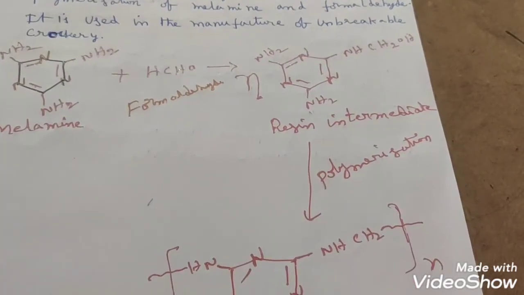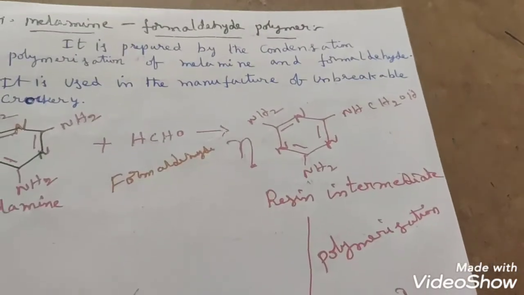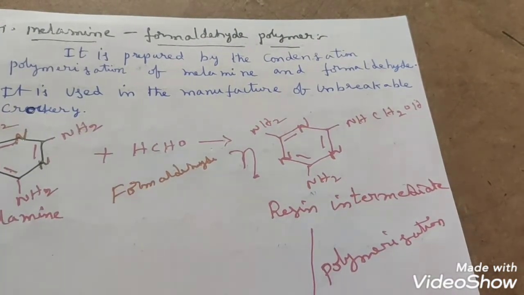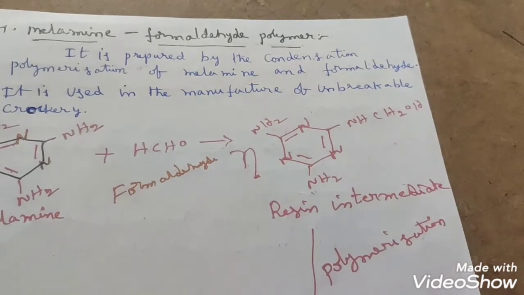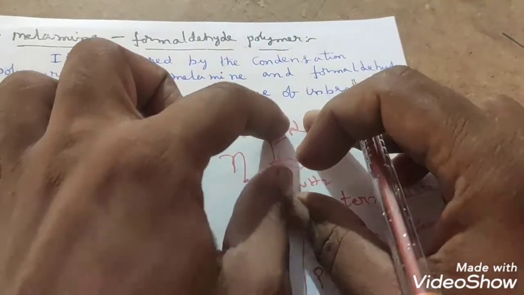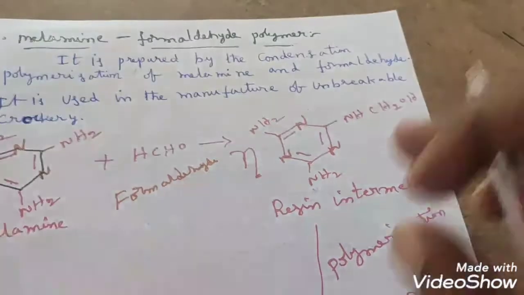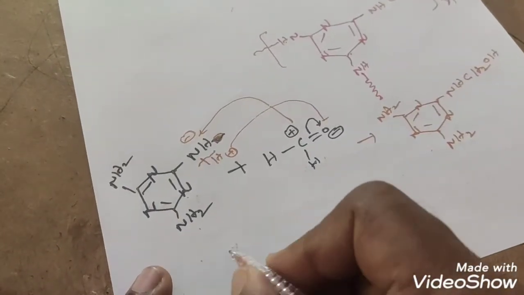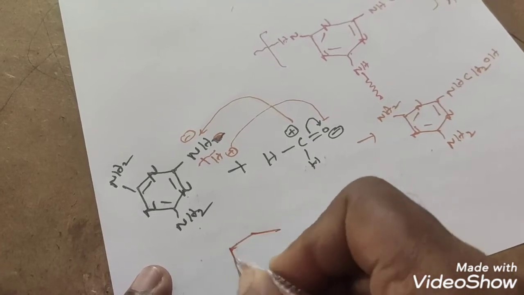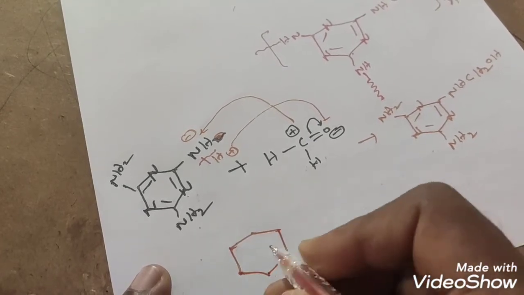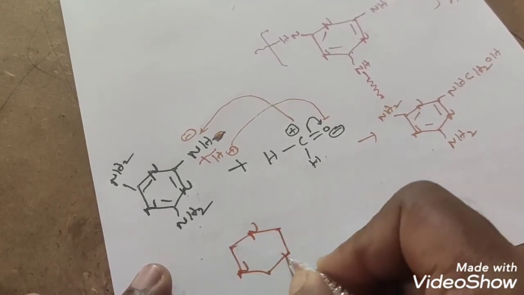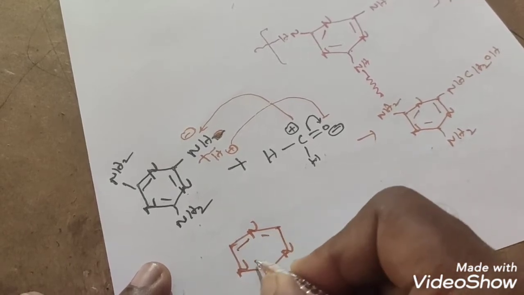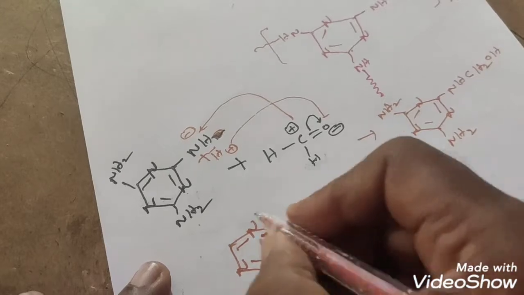That is the question that may arise, right? How will it be? We have taken n number of molecules. That means, to take n moles of this molecule, you take the same molecule on this side. One example we will see. For example, I am writing the same molecule 2 times. Then if you observe the repeating unit, the remaining thing is easy, right? You have to observe the repeating unit.